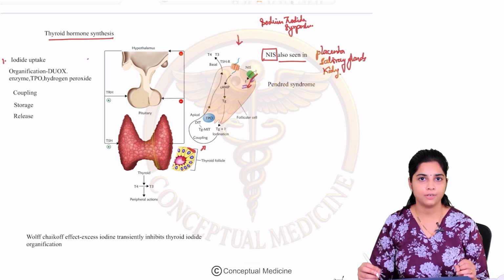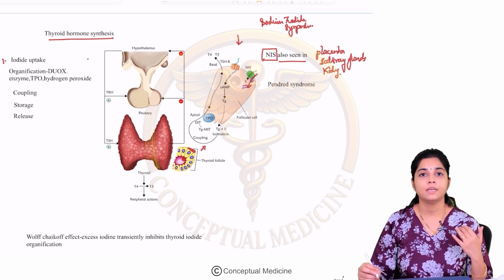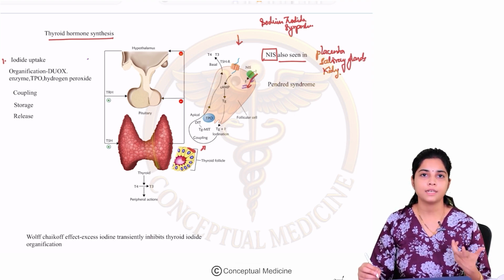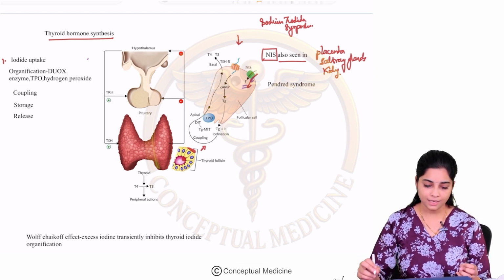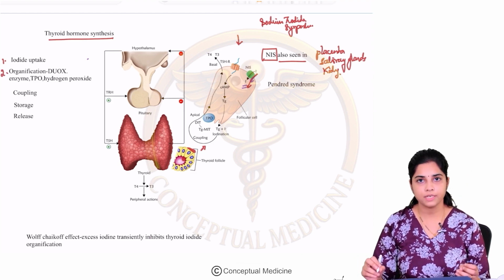First step is your iodide uptake. And why is the sodium iodide importer important? Because any damage to the sodium iodide importer can result in congenital hypothyroidism. Okay, fine. Now, once the iodide is taken up into the follicular cell, it undergoes a process which is called